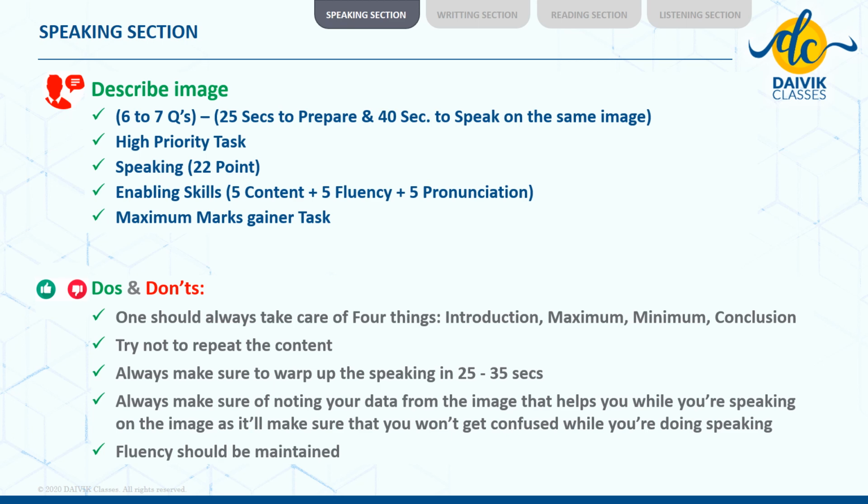And one more important thing that you need to remember: once you listen to the beep sound in your exam, only after that you need to speak out. Otherwise, the computer will not judge your previously said words. So remember, each and every time you get a beep, only then you need to speak out.